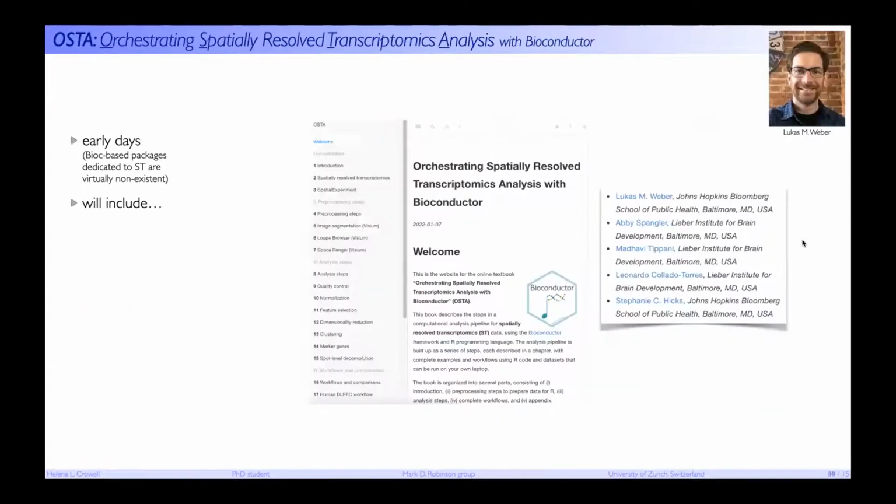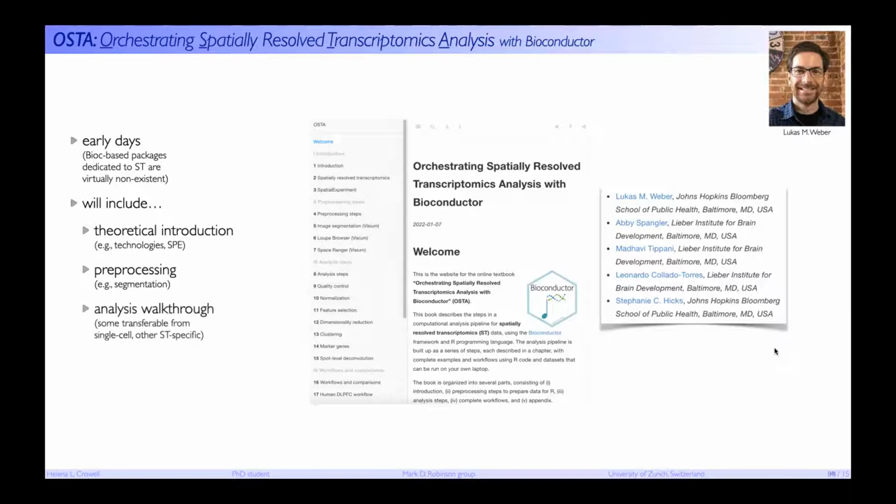Okay, putting everything together, Lucas has initialized the Orchestrating Spatially Resolved Transcriptomic Analysis, OSTA, book. This is still very early days. This screenshot that you see here is mostly a snapshot of the table of contents, but many steps are still in progress. And hopefully this will include a theoretical introduction of different technologies and the SPE class, pre-processing such as segmentation, and analysis workflow. And again, many of these things are from single cell